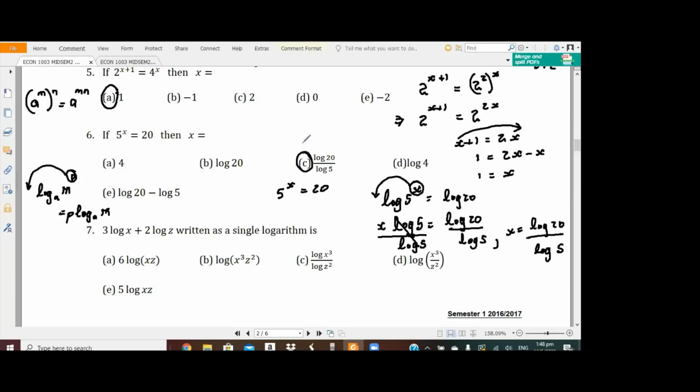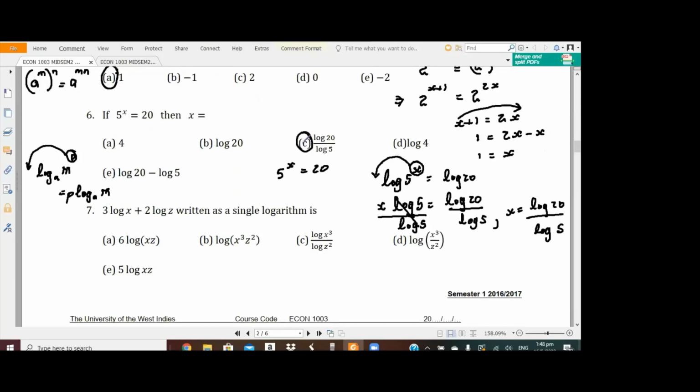All right. And finally for this page, question 7. We're looking here at how do we write this expression as a single logarithm. Ready? Now, if you remember your laws of logarithms, it says that log to the base a of m plus log to the base a of